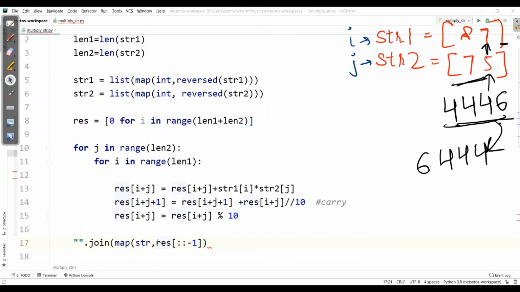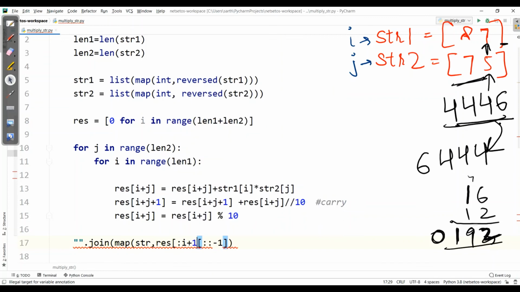Now what if I have 16 into 12? So 12 6s are 72, 12 1s are 12, plus 7 will be 192. Here we have just 3 digits. The fourth digit is 0. So for that I'll write from i plus 1. The first digit should be ignored.